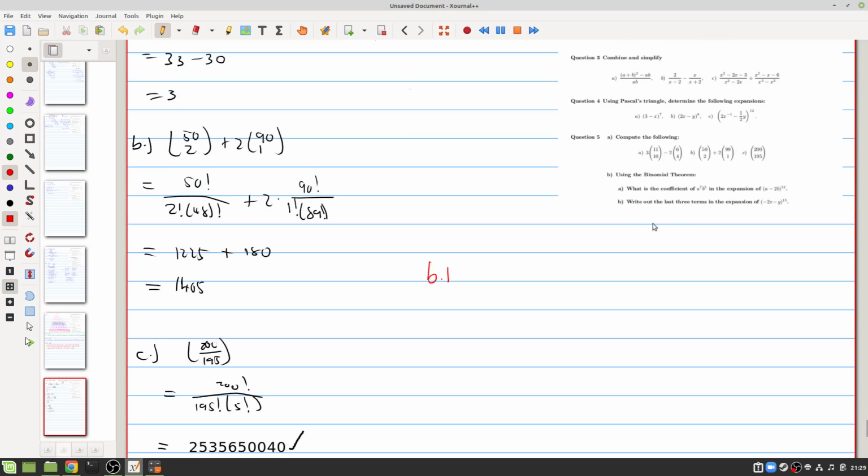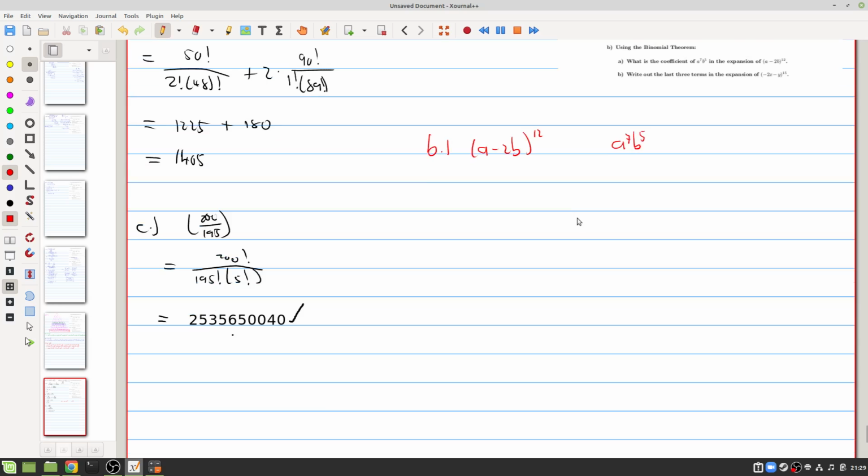So using the binomial theorem, what is the coefficient of? Okay, so let's start. The thing they give us is (a minus 2b) to the power 12. And we want the coefficient of a to the power 7, b to the power 5. Okay. So for this, I'm not sure what method you guys were taught, but I'm going to say binomial theorem basically says that